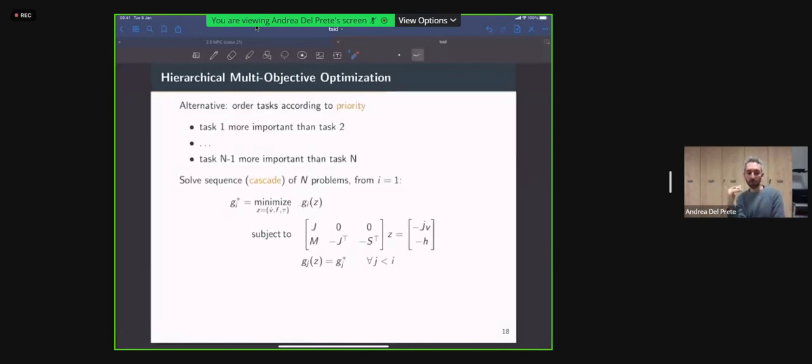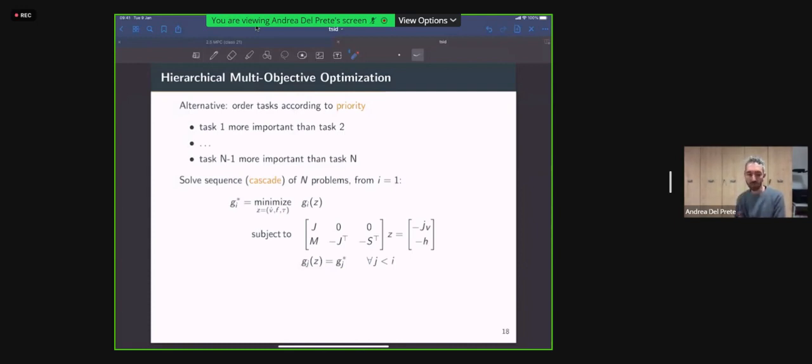So after you have defined this priority list, you can solve a sequence, also called cascade, of optimization problems from 1 to capital N, where in each problem you're minimizing just one task function subject to the usual dynamics constraints, but you're also adding an extra constraint that says that the cost function associated to the task with a higher priority must remain at the optimal value that was computed in the previous optimization problems.